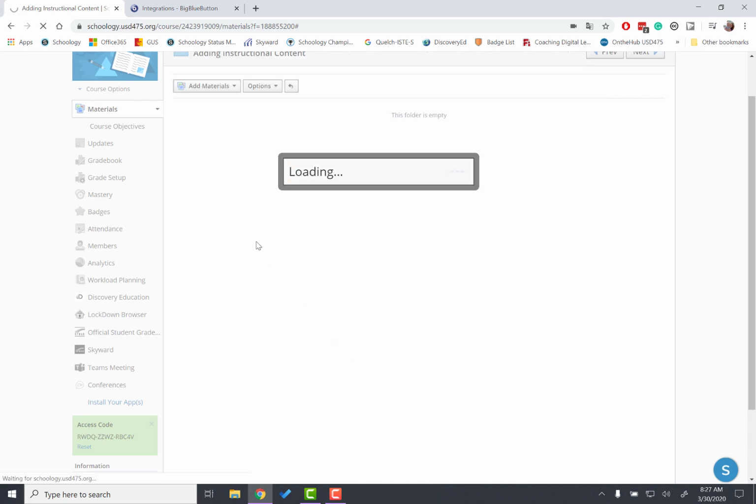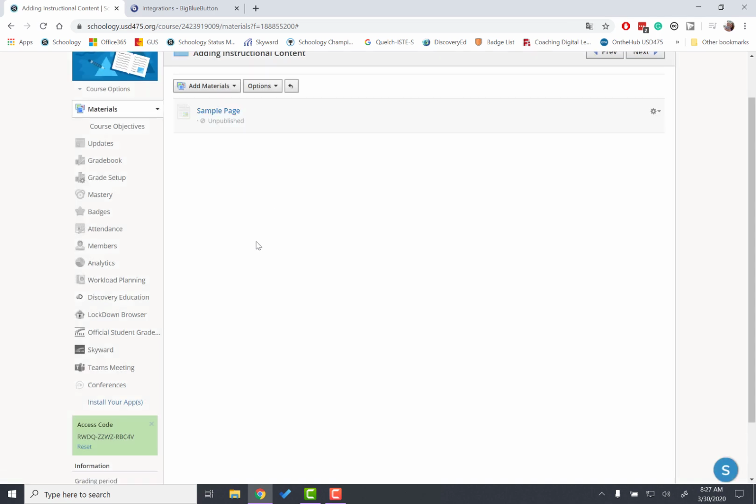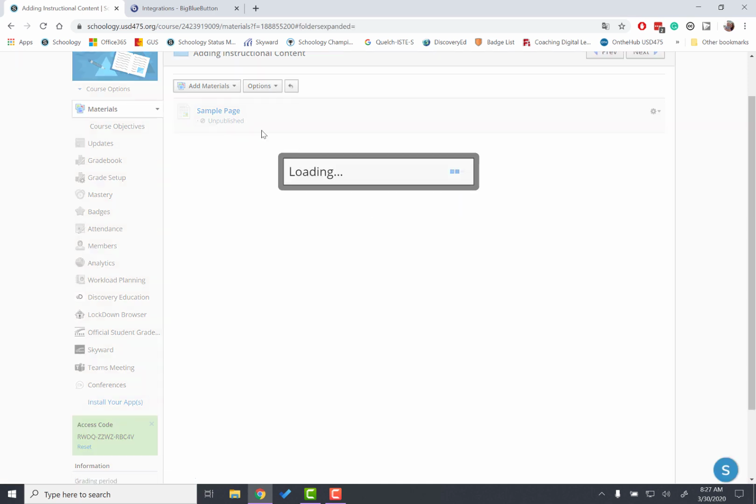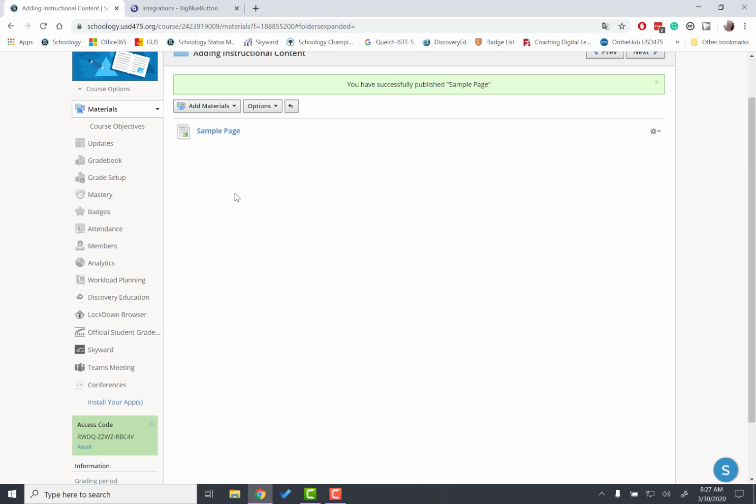I'm going to hit create. So here's our sample page, and right now it's unpublished. I'm going to go ahead and publish this. You'll see kind of the gray background disappear. So now if I had students in this course, they would be able to see this page. Now if I hit sample page,